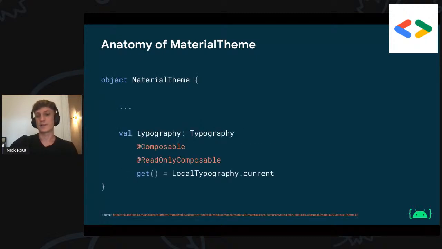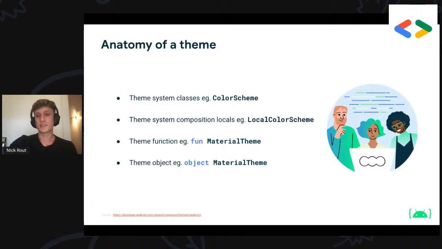The same can be said for the typography object. It's just another value in this object, which allows us to get the composition local for typography. So in a nutshell, let's take a look at the anatomy of a theme in Compose using the example of a material theme